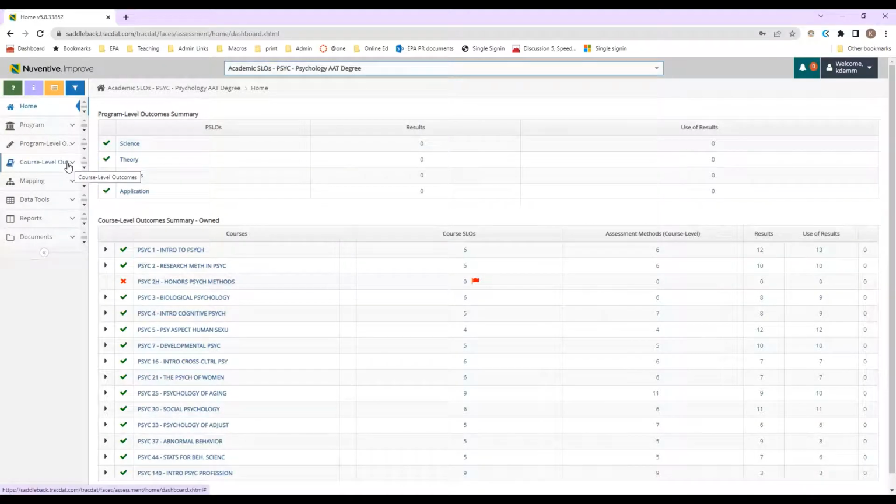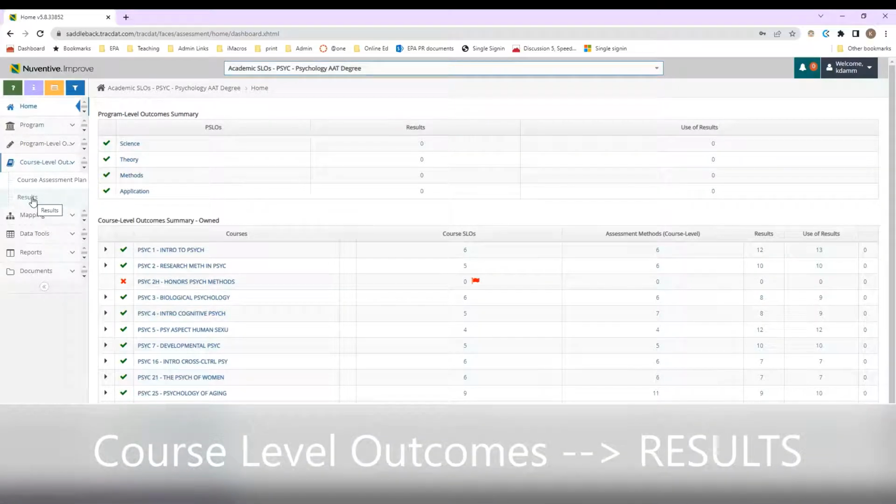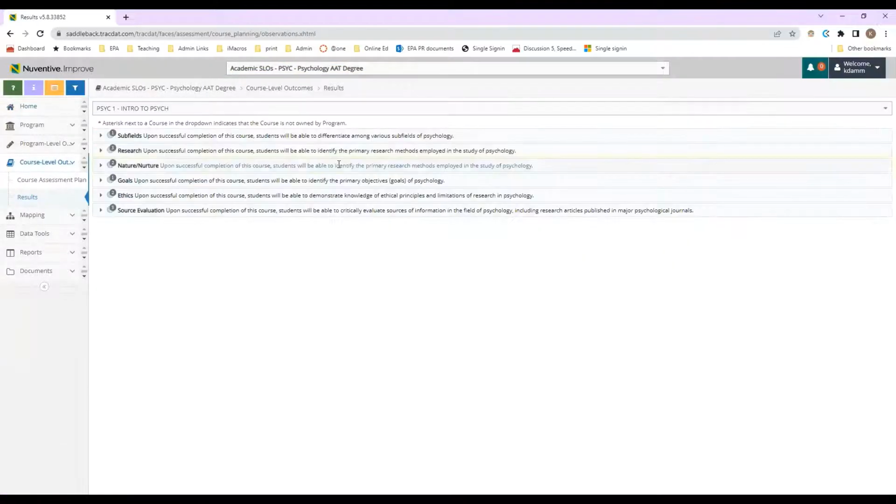So what we want to do is click on course level outcomes on this left panel here so that we can pull the drop down. And then I want to click on results. So if I click on results, I can now enter my data. There'll be different steps for entering new SLOs or different methods of assessments, and I'll make other videos for those. But at this particular time, I'm just going to show you how to enter SLO results after everything has already